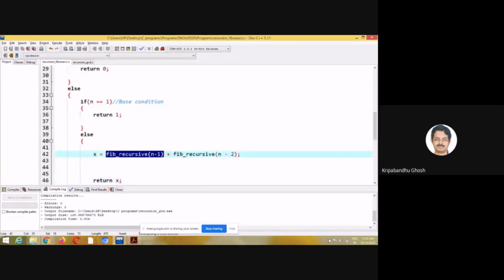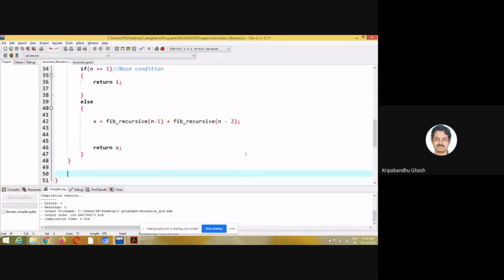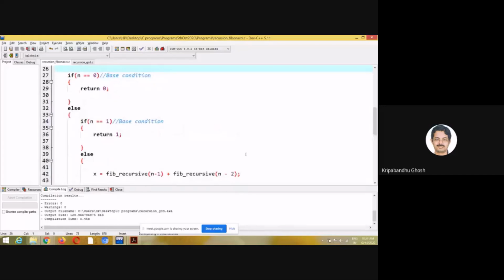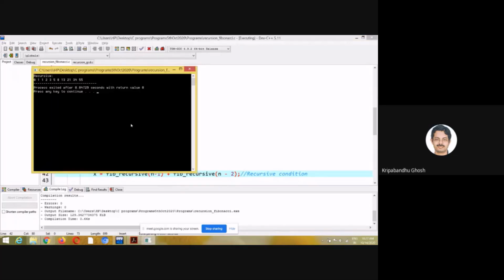So it becomes so easy and so very convenient to represent the problem, though this problem is not very easy, right? It can get complicated if the value of n is large, but due to this recursive definition, it becomes very convenient to handle it. Okay, so let's run this code. So it gives the right output.